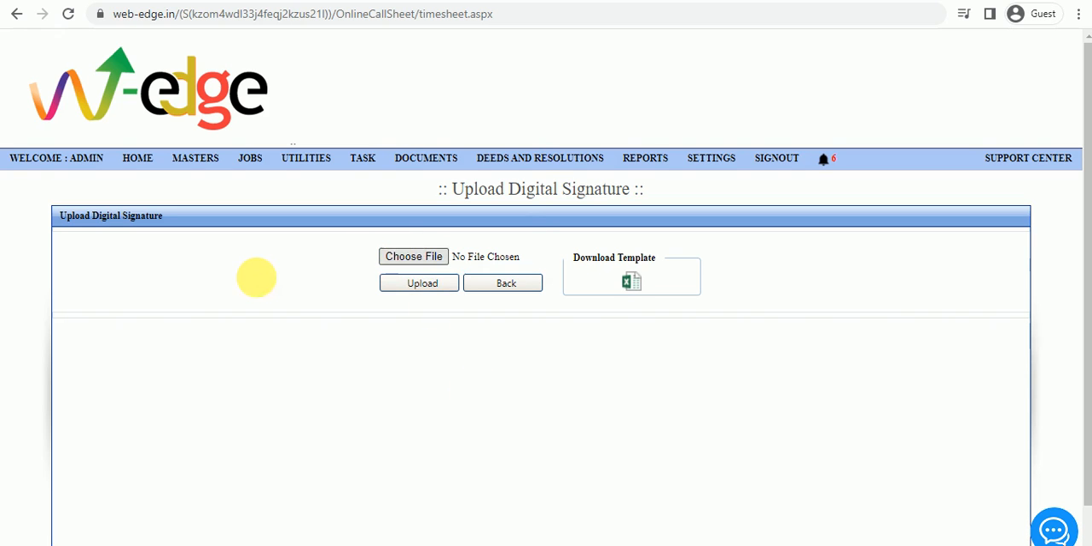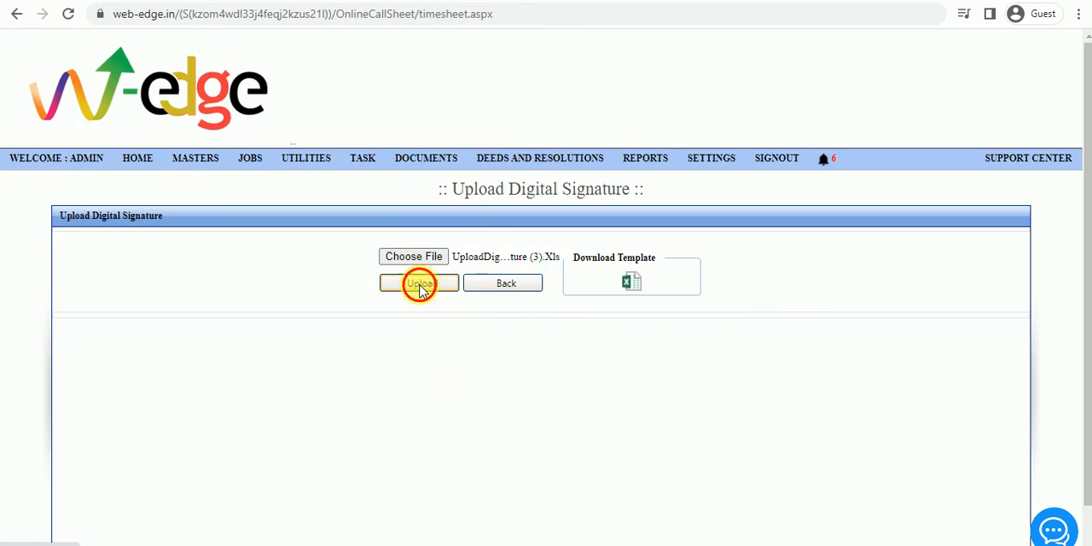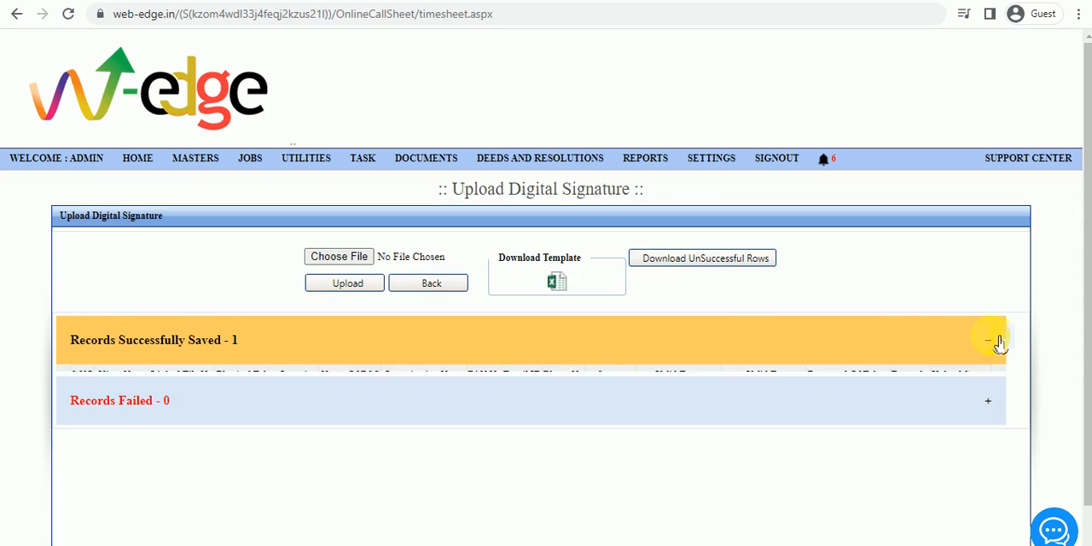From choosing file, we will upload the Excel template. As you can see, the digital signature record has been updated successfully. As we can see over here,